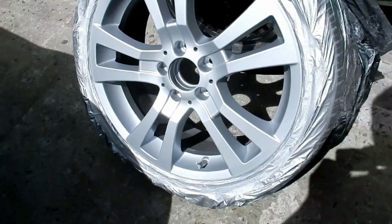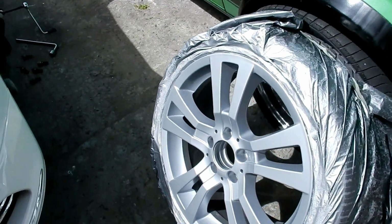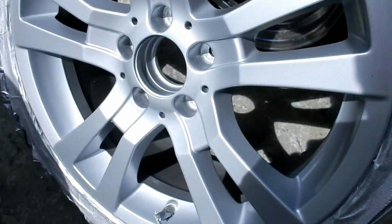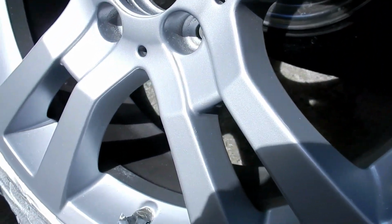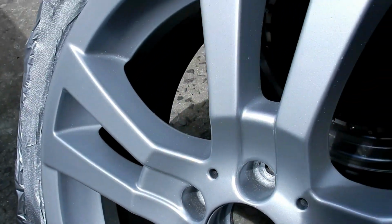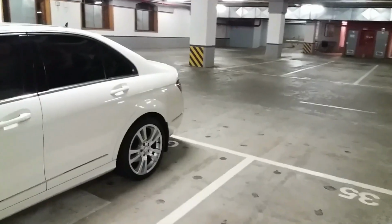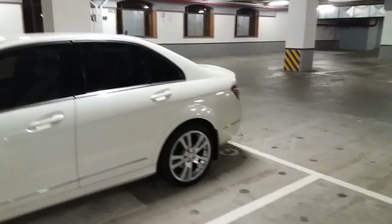When you're done spraying it, you're gonna want to put it in the sun. It'll bake for a lekker half an hour or so. And then put it back in the car. Done spraying the wheel. It's on the car again, but